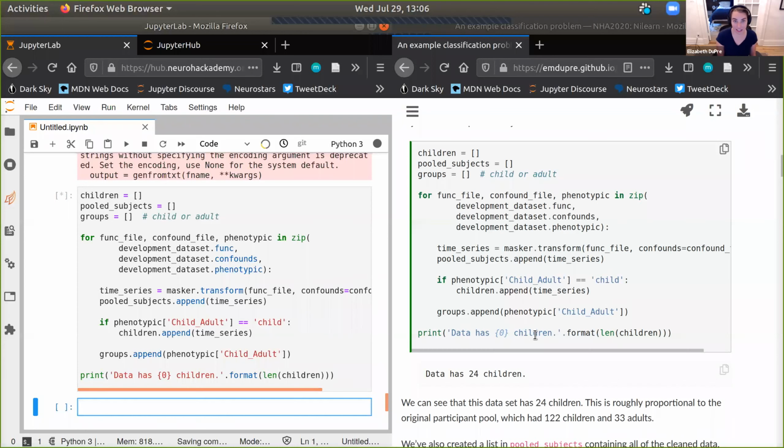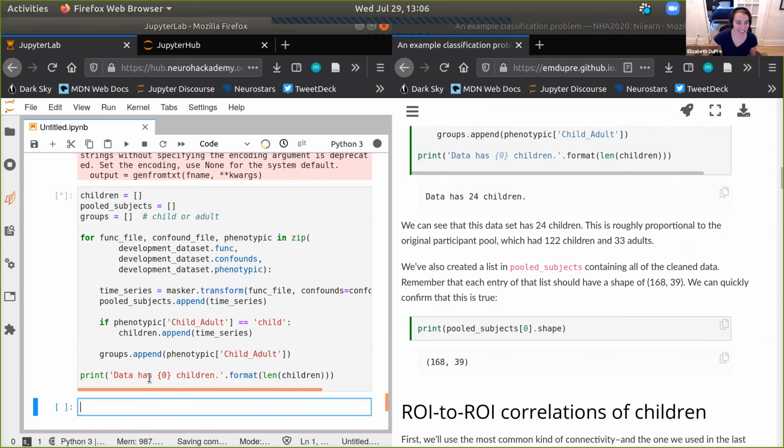So we clearly don't have balanced groups here, and that's something we need to know when we think about our classification later, because it's going to affect a lot of things, like how we do cross-validation, and what our chance level is, right? So this is really important to know: this is not a balanced sample, but it is proportional to what existed in the original data.